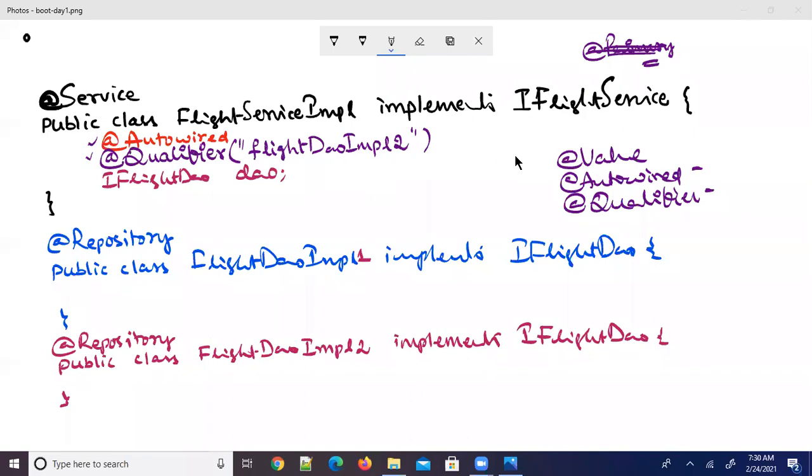It's just telling that this is a bean component. That's all. But if you want to specify that this component is working in a specific layer, like a service layer or a repository layer, then use the annotation @Service or @Repository. So component is a general purpose component which can be used in any layer. You can't specifically say that this component is working in the service layer or the repository layer. That's the difference you can find between component and service.